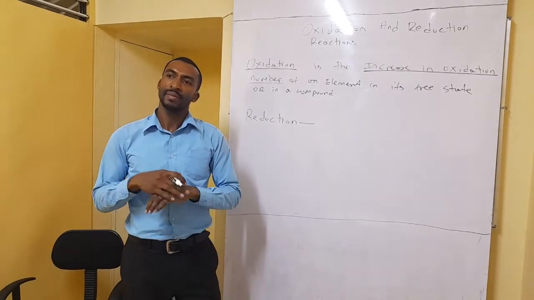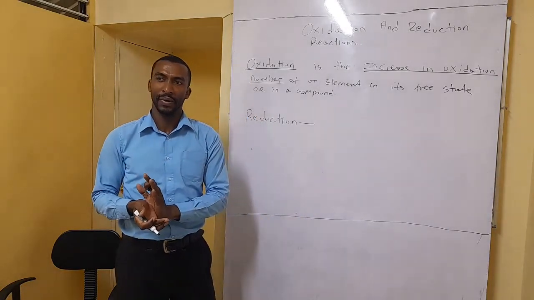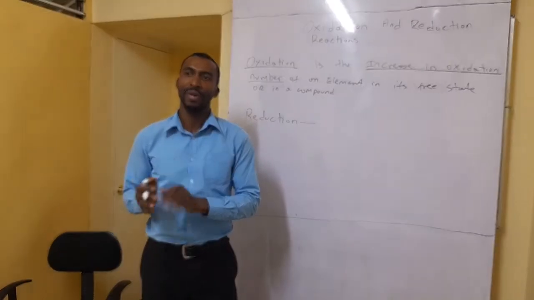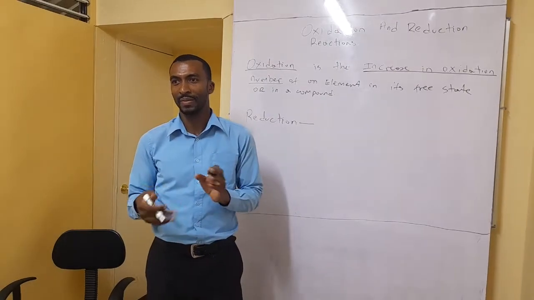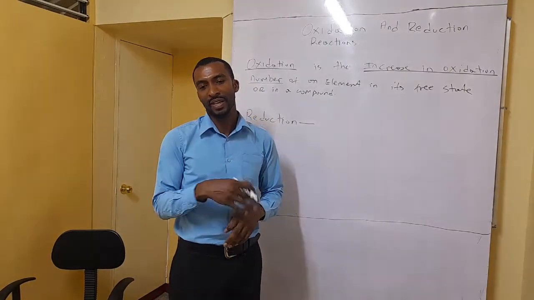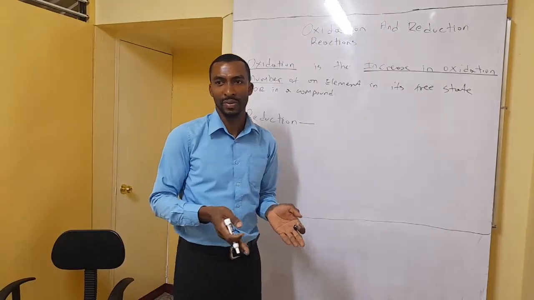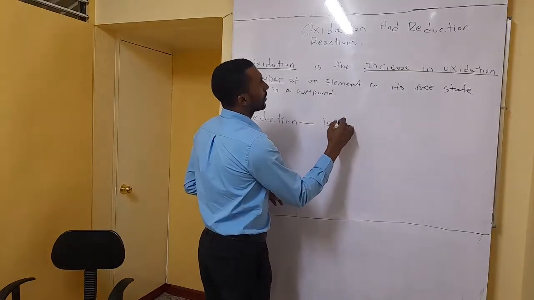Alright? For the metals, they would be the pure metal when you extract them from the ore. Right? Because remember that metals don't really exist in nature in pure form. Well, most of them. Like the fancy ones like gold and platinum will exist in the pure form, which are unreactive. But most of the other metals, because they are so reactive, they exist in compounds, ionic compounds in the earth. Alright? So reduction is the